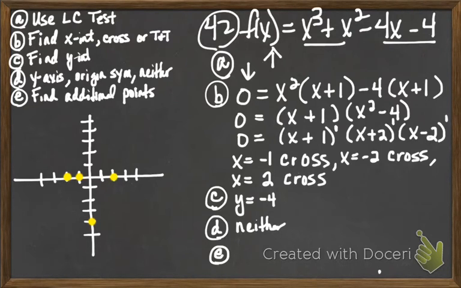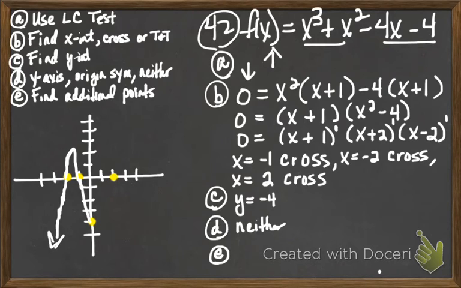If I start on the left-hand side of the graph, I know the left-hand side's got to go down. And then the first x-intercept I'm going to come to is the -2. And then if it crosses again at -1, then that means the graph has to go up. I don't know how high, but it has to go up, and then it has to turn back around. And it has to cross at -1. And then it has to come down, and it has to cross the y-axis at